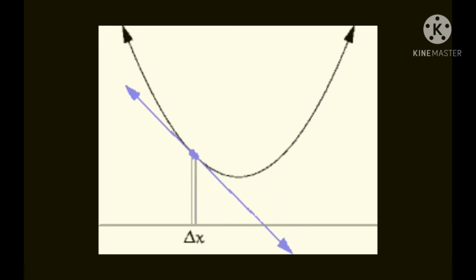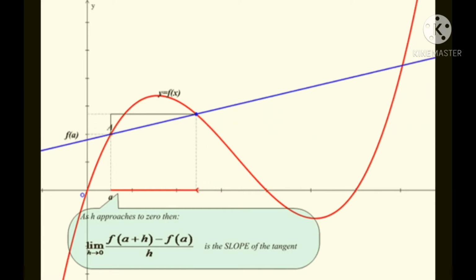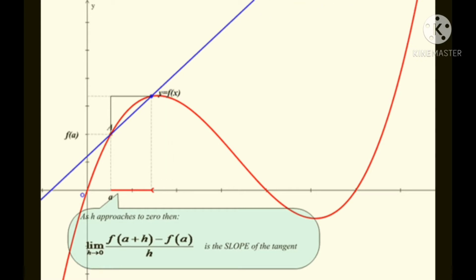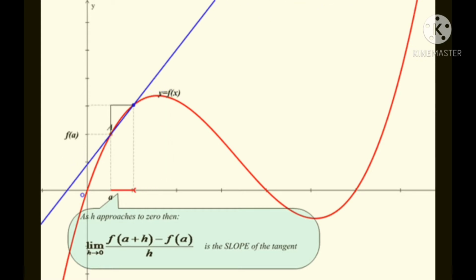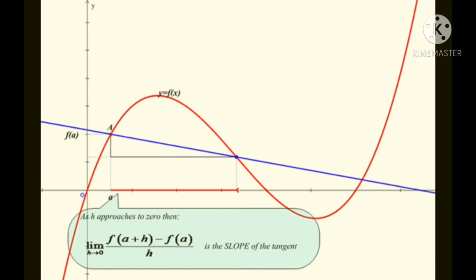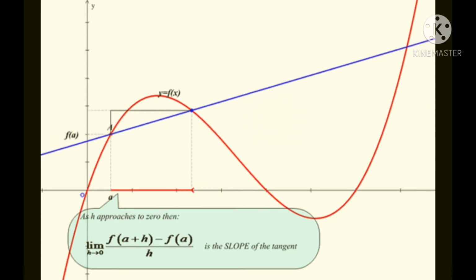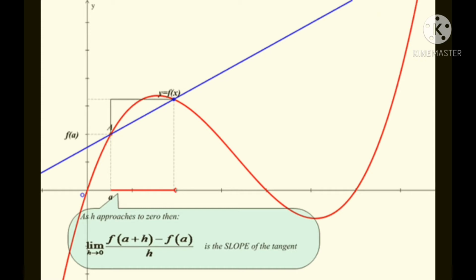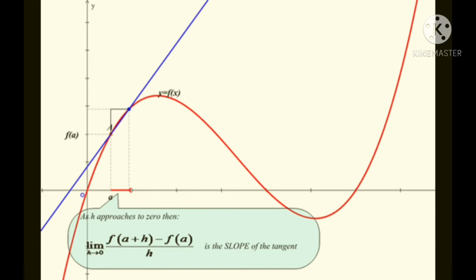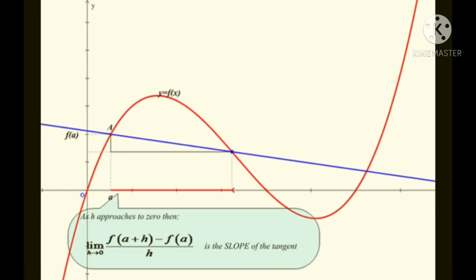Now see, next example. This is again one example on the basis of these lines. At that position this is a chord, but at a particular time it becomes tangent. What is meant by chord? What is meant by secant? What is meant by tangent? Secant is nothing but a chord. And what is meant by tangent? Tangent is a line which is passing through only one point of that curve.